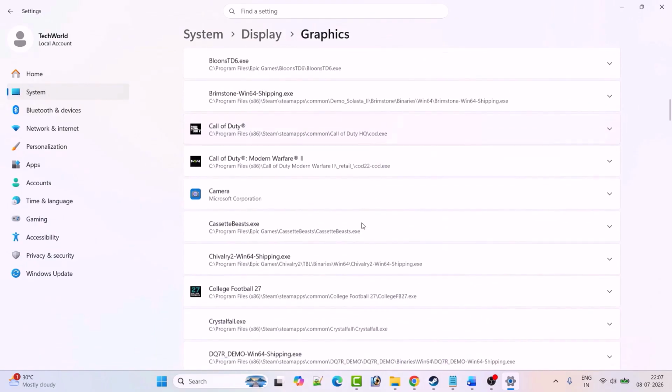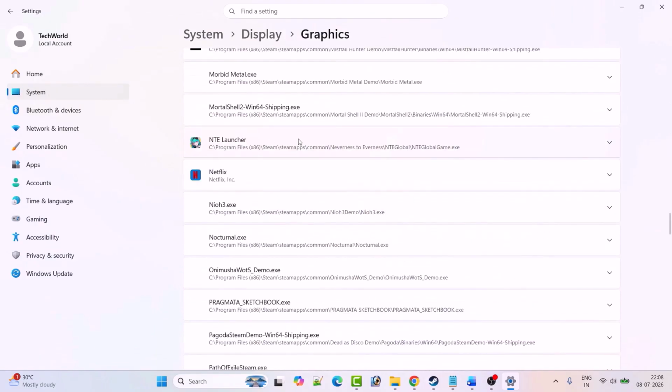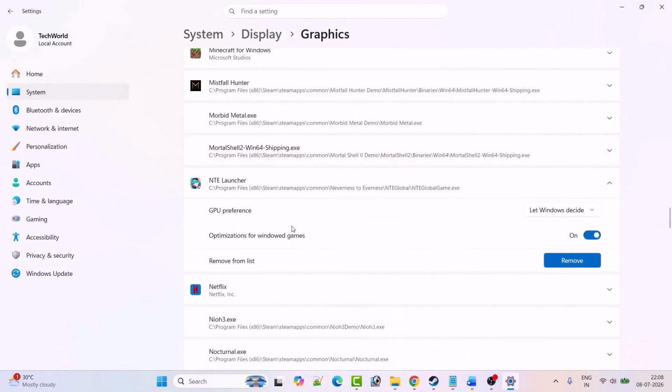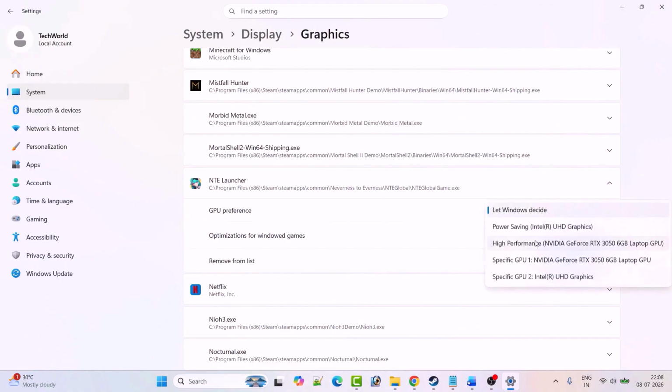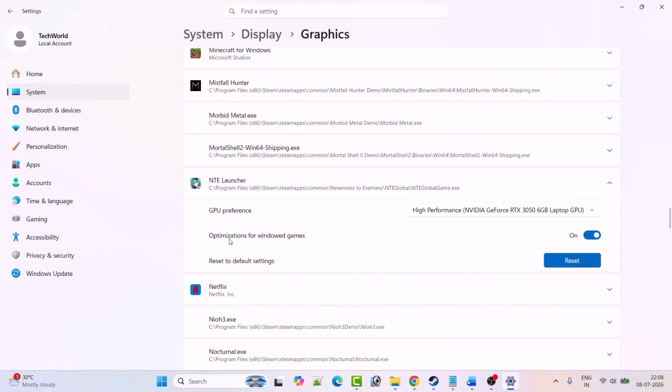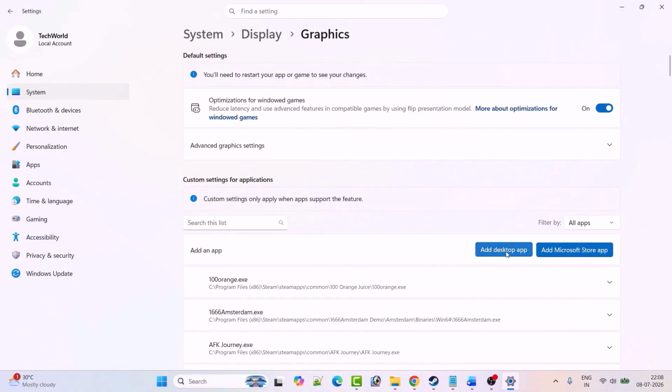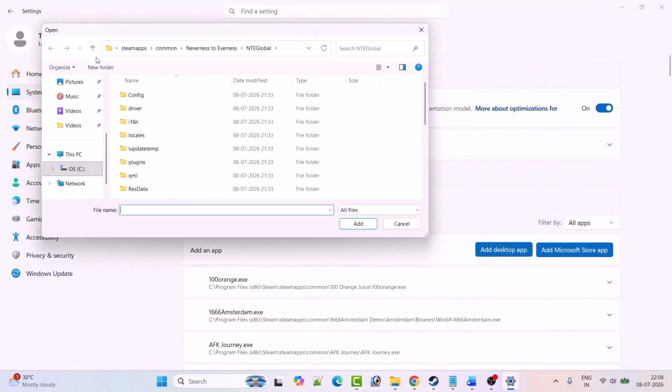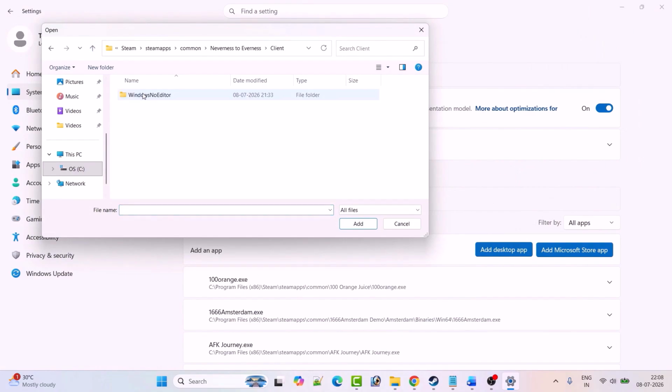After adding it, look for it in the list over here. Here it is, expand it, and next to GPU preference, select high performance. Also make sure optimization for windowed game is turned on. Again click on add desktop app, go back, open the client folder, open Windows No Editor folder, HT folder, binaries,